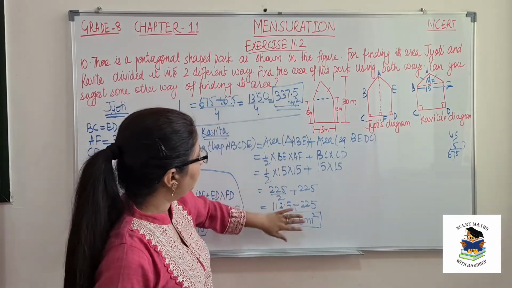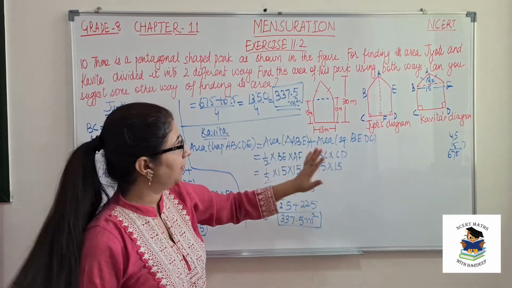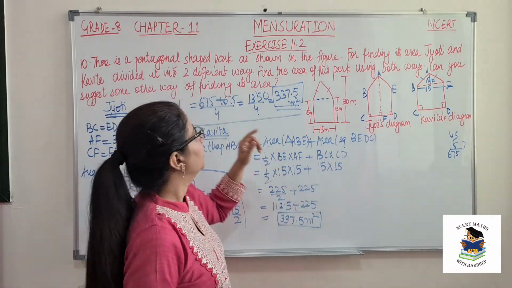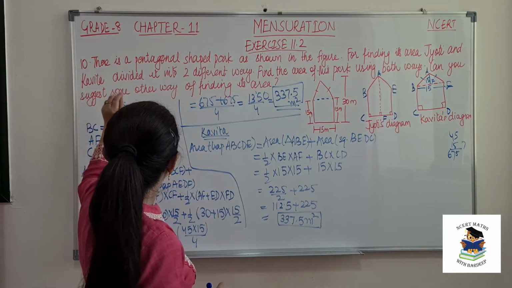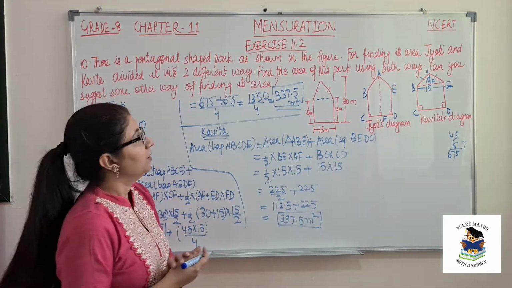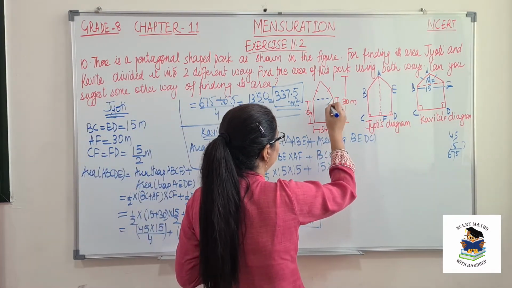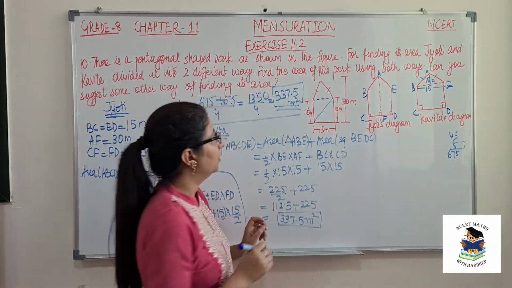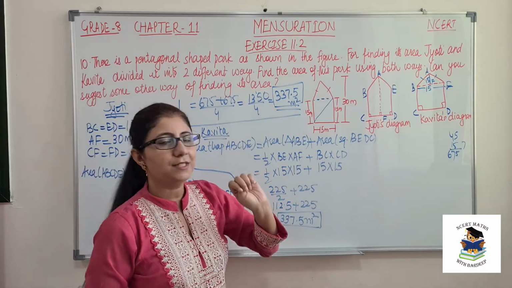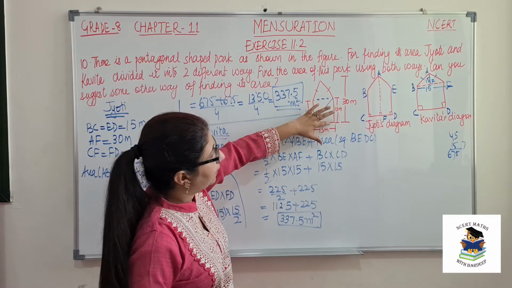So we can confirm that whatever method or whatever shapes are used to find the area of the overall figure, the answer will be the same. So the third thing they have asked is, can you suggest some other way of finding its area? So yes, we can find another way also. Suppose I am splitting this in this way. Then again we will have three different triangles, or we can say the triangulation method, in which this is a right angle triangle.